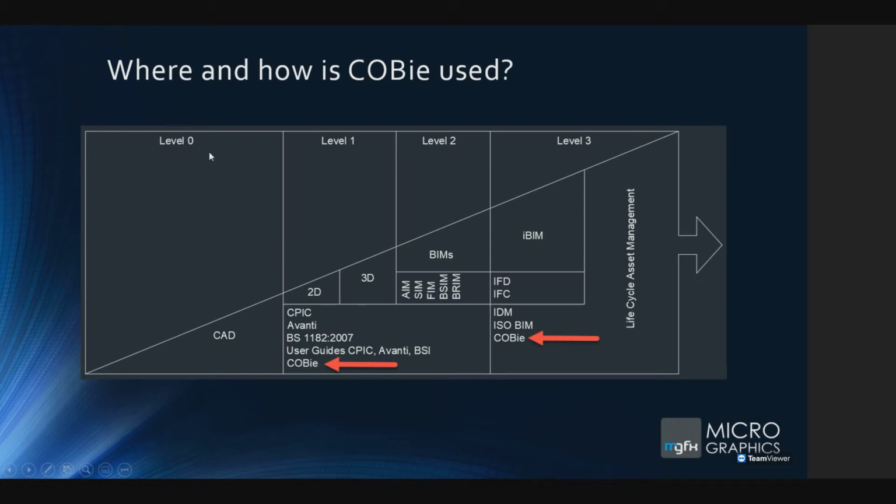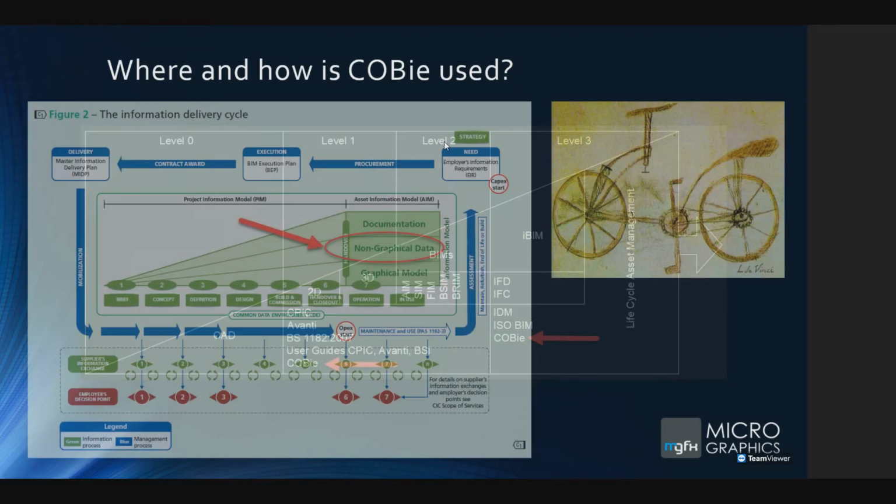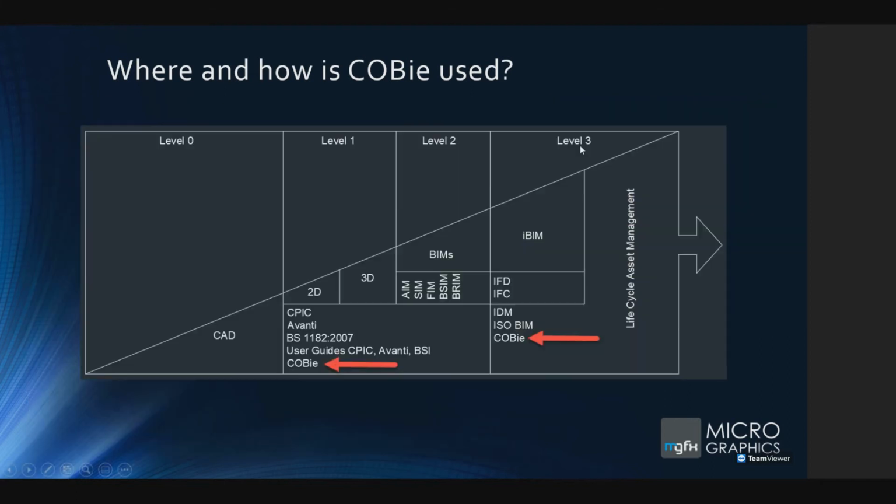If you've never seen this before, take some time to try and get to terms with it. We talk about BIM maturity levels. That you can see at the top over there. That's BIM maturity level 0, level 1, level 2, and level 3. Level 0 is where we are just dealing with two-dimensional drawing, sort of 1950s, 60s mentality about it. In level 1, we are drawing in 2D, but also in 3D. This is where we start getting into the idea of, okay, we're going to use something like Revit to model up our walls and our doors and our windows. And if we start following some standard,